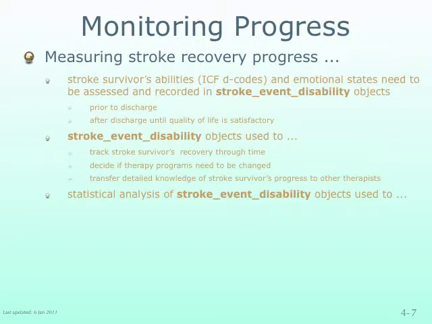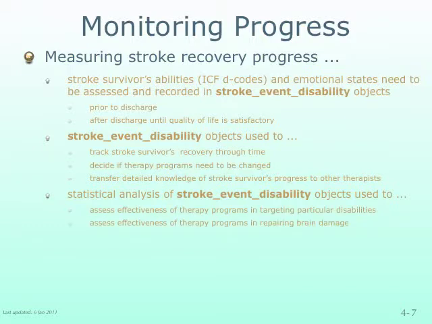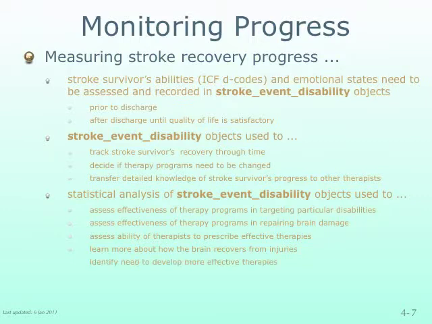And finally, hospital administrators, research workers, and health planners will be able to perform statistical analysis of stroke event disability objects to assess the effectiveness of particular therapy programs in targeting particular disabilities, to assess the effectiveness of particular therapy programs in repairing brain damage, to assess the ability of particular therapists to prescribe effective therapies, to learn more about how the brain recovers from injuries, to identify a need to develop more effective therapies for particular disabilities,